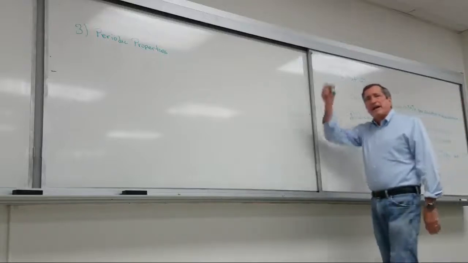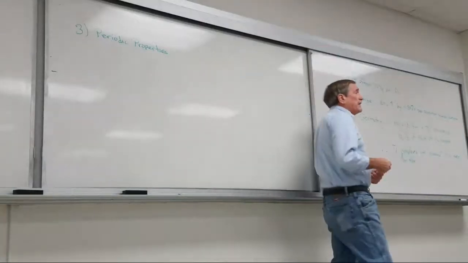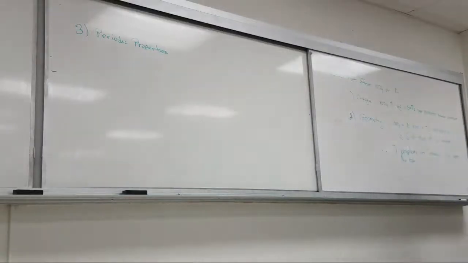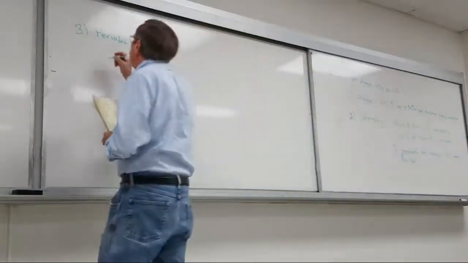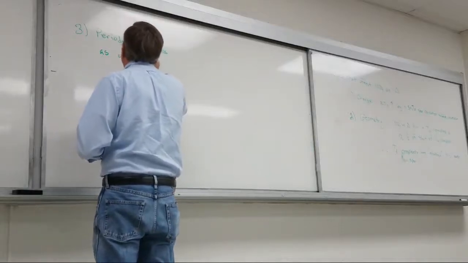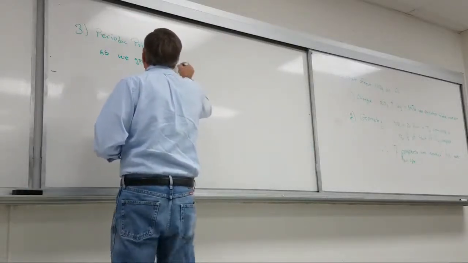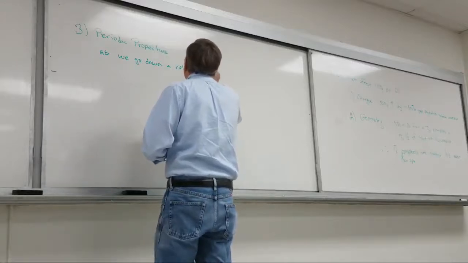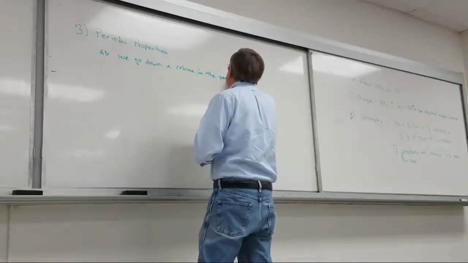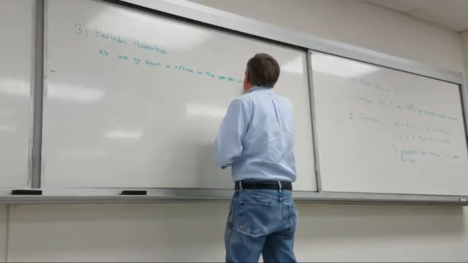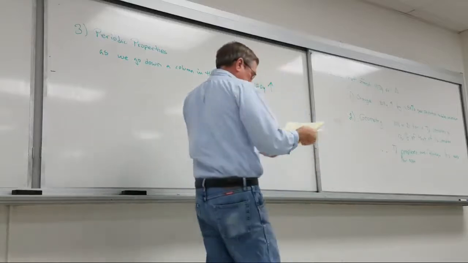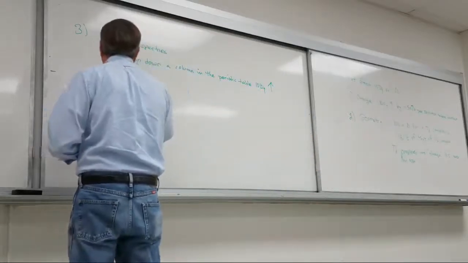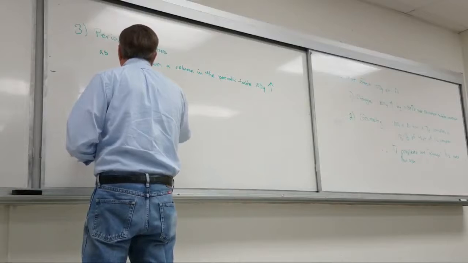Periodic properties, that is to say, where is the element in the periodic table? What we find is that if you go down a column in the periodic table, we find that 10Dq increases. As we go down a column in the periodic table, 10Dq increases. Example, let's take cobalt hexamine complex,